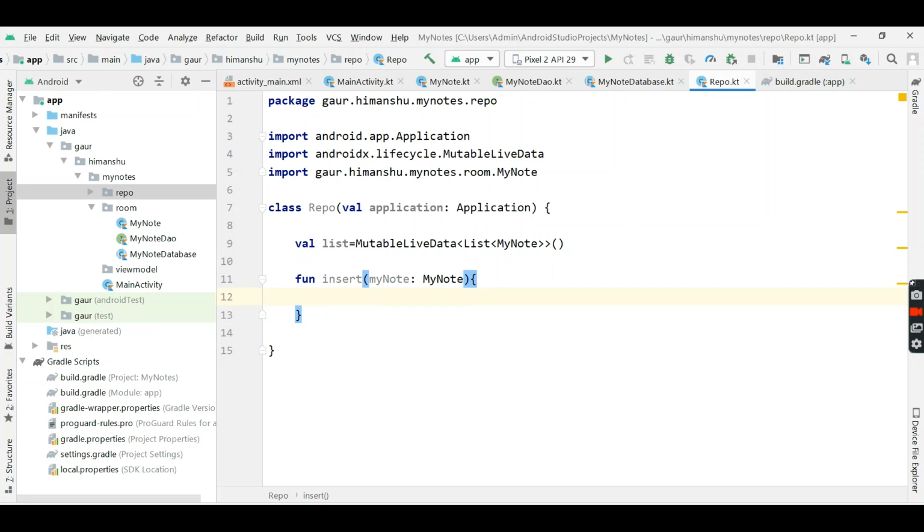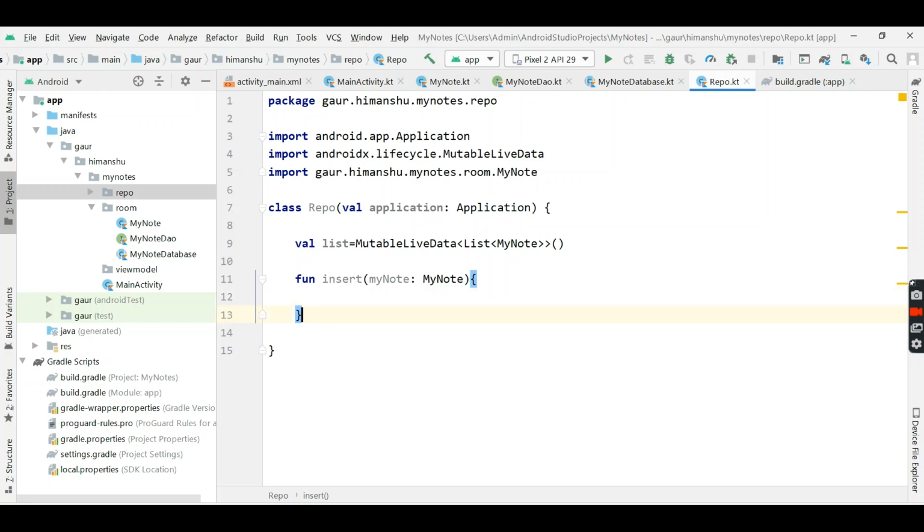We can't run this method that tries to insert data in our room on the UI thread, because we can't perform database operations on the UI thread. So we have to make this insert operation in our background thread.